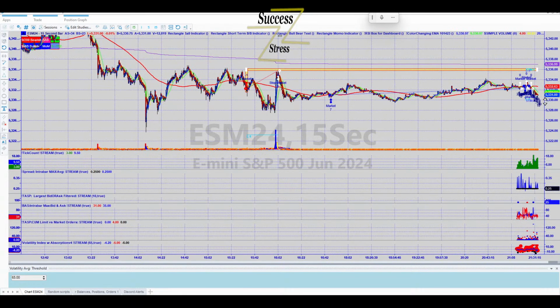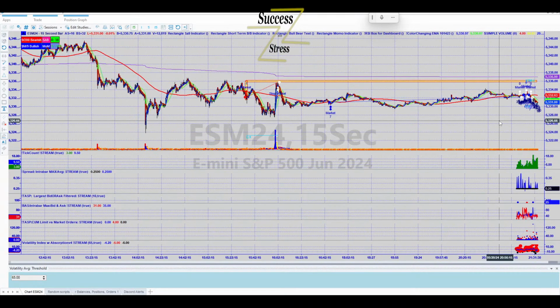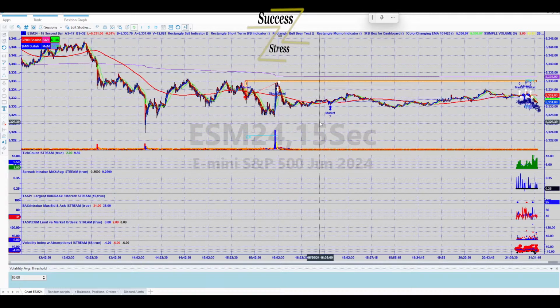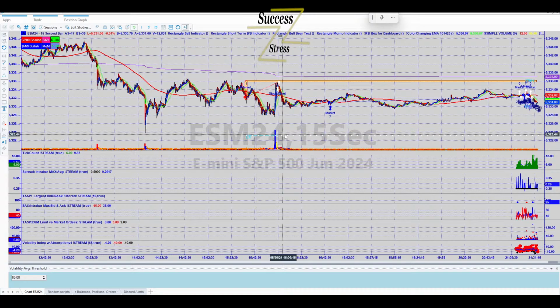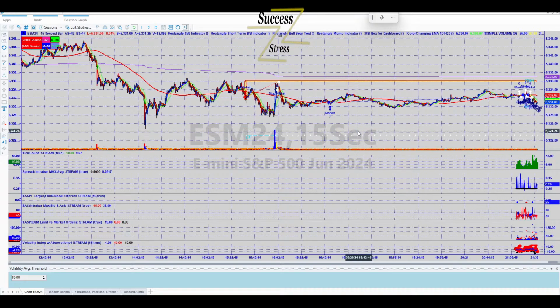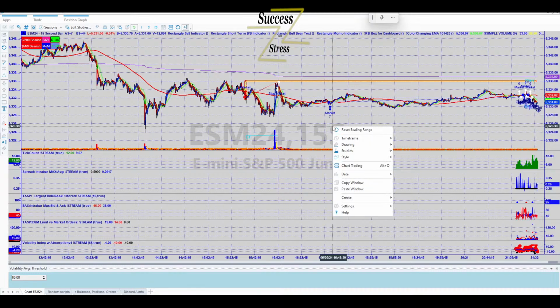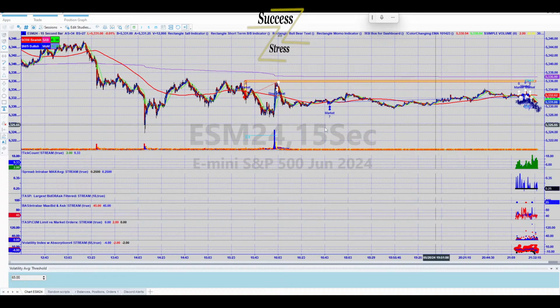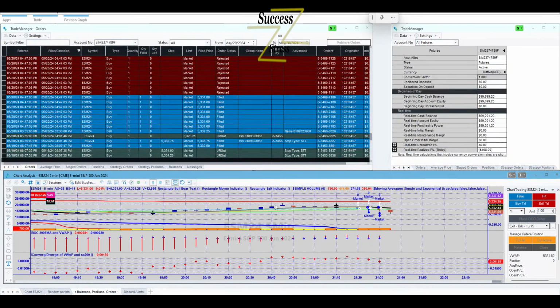And now it looks like it's trying to break down. So, man. What if we were one tick away? But you see this line down here? We'd have to be all the way down here in order for it to hit our profit target. So I'm curious if it makes it down that far. I'm not holding my breath. That's a long ways. But yeah, okay, so let's go back and see, is it moving